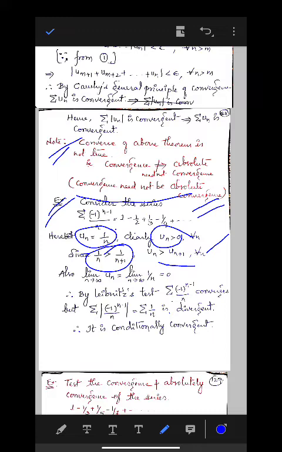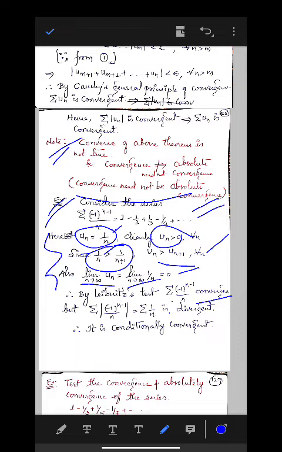Limit as n tends to infinity, un is equal to 0 we should get. So if I apply limit as n tends to infinity for un value 1 divided by n we have taken, limit as n tends to infinity 1 divided by n is equal to 0. So these two conditions are satisfied. So by Leibniz test, minus 1 whole raised to n minus 1 divided by n converges,